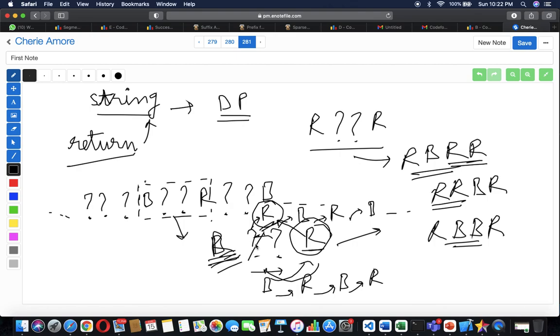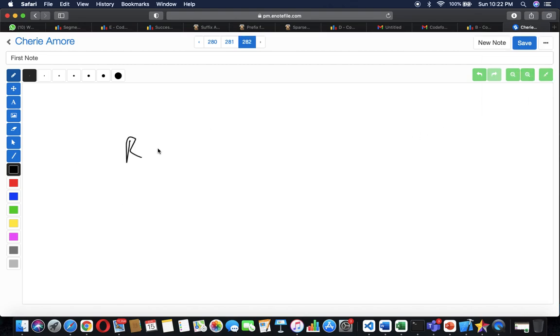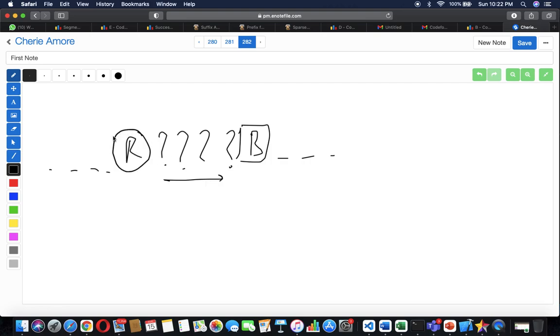So practically, when I'm solving the problem and I have a certain number of question marks, let me just clear the screen, go to a new page. If I have a certain number of question marks before reaching a new point, maybe this is the case for this, I just need to consider this B and the number of question marks before it. I don't have to look at the first character. Maybe the answer might concede +1 if I choose an answer over here,